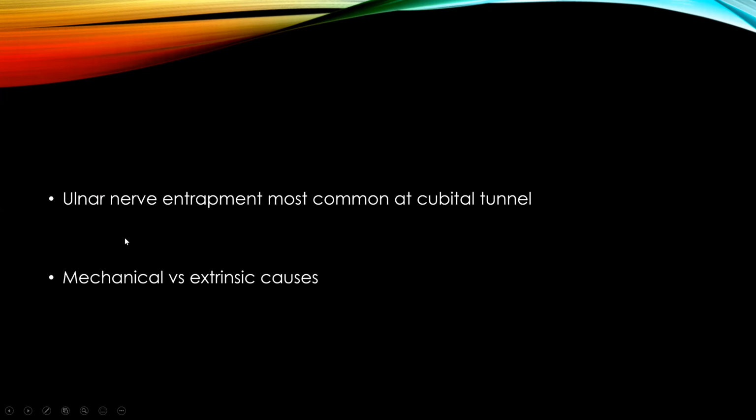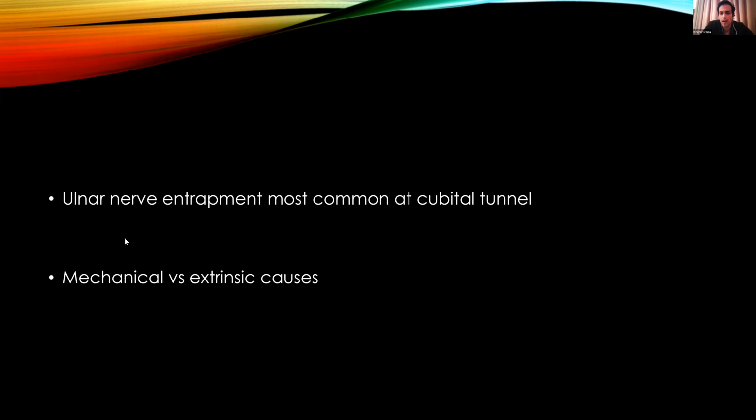Right, so as I was saying, the most common site of entrapment of the ulnar nerve is at the cubital tunnel. There can be various causes for this. The reason could either be extrinsic causes or mechanical movement of the nerve at the cubital tunnel. In terms of extrinsic causes, it could be post-traumatic, for example, after a fracture of the ulna. You might have some osteophytes sticking out from the side, or some metalwork which might be impinging on the nerve as it moves around. You might get periarticular ganglion cysts or soft tissue lesions, which can cause compression at the